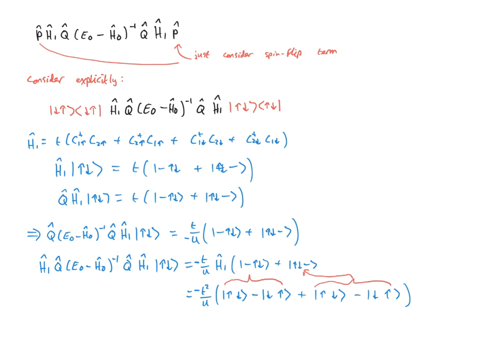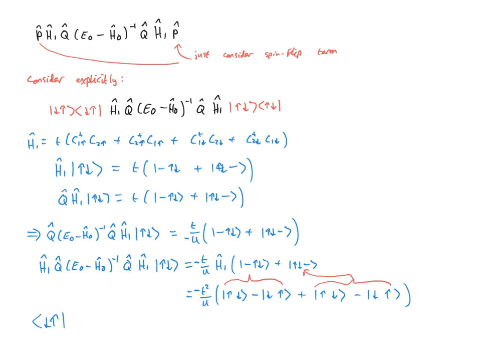Okay, so we can actually pair these 2 up. This one is the same as this one. They have the same sign. This one's the same as this one. They have the same sign. So we get some particular state. Now, we're going to close this thing off by looking at the bra here for the down-up state, and the down-up states are precisely these ones. And so, in the end, I can write that